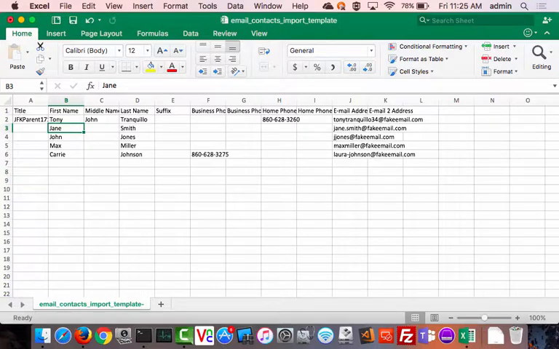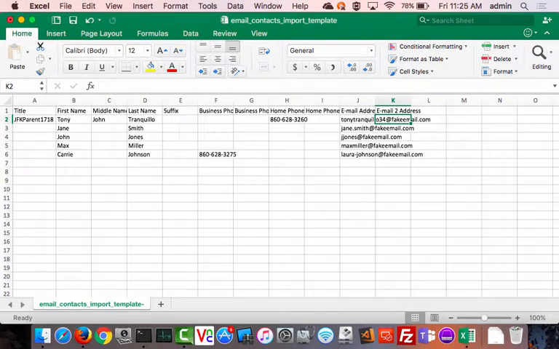And notice on the import template I have first name, last name. I gave you four phone numbers, and 2 email addresses that you can fill in. And also there's another important field here called title that I want you to fill in. The reason I want you to fill it in is the title shows up in the address list before anything else. So if you put the same thing here for all the parents, they'll be very easily identifiable in your